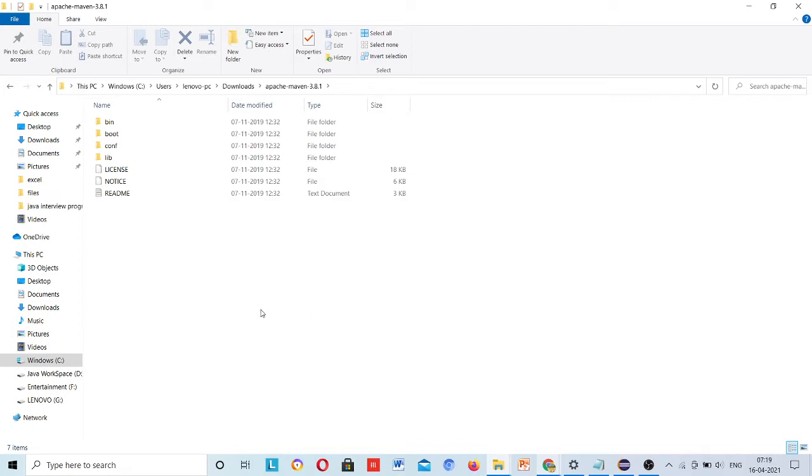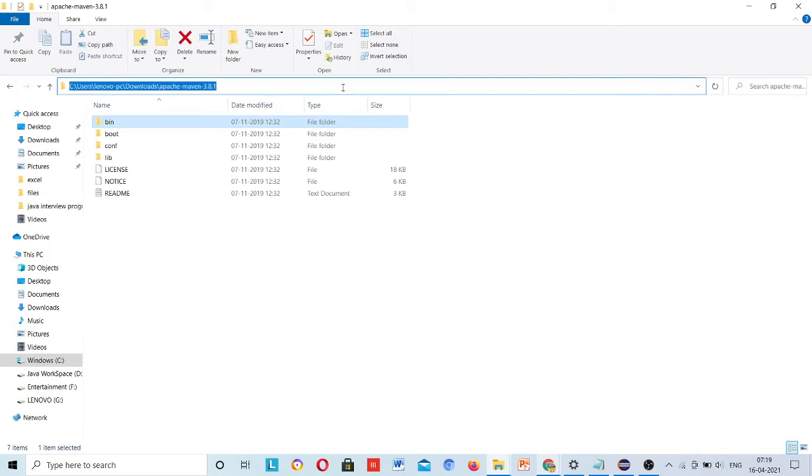Okay, so this is the home path, and if you go inside bin, then this is the Maven path. This is the path and this is Maven home. Home means all the folders are in it, so we are at the first stage. Once you go inside this bin folder, then this is your path, so we have to set up both Maven home and path. Okay, so first we should copy this,